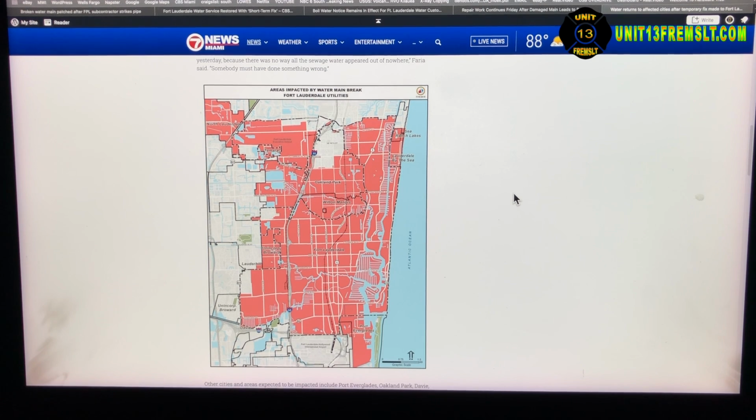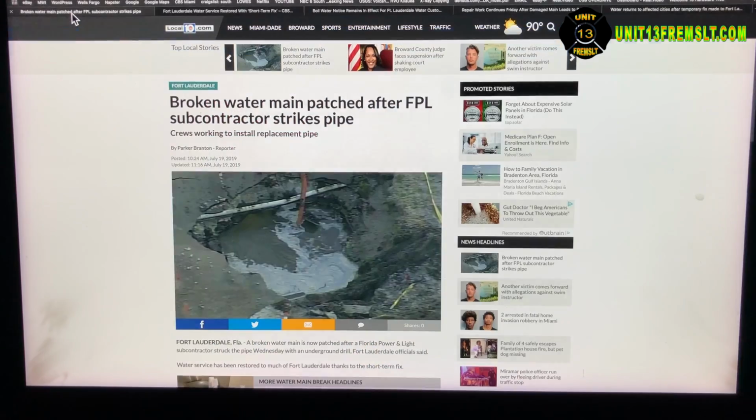If you look at this map here, you can see it's a huge area of Broward County that's been affected by this water main break that was caused by an excavator. Some contractors working. You can see up here